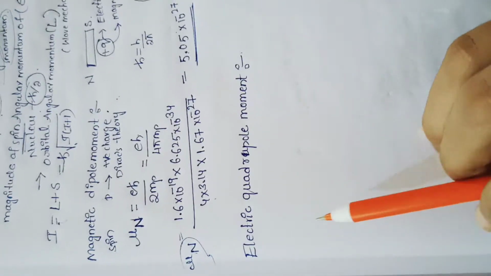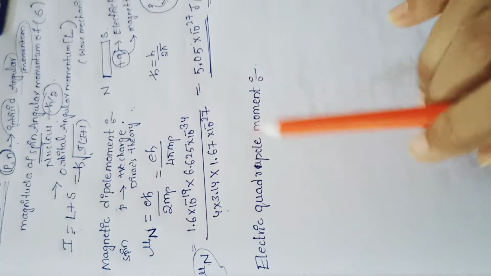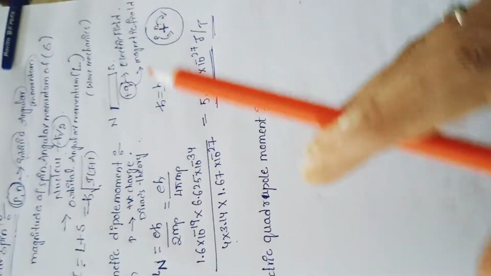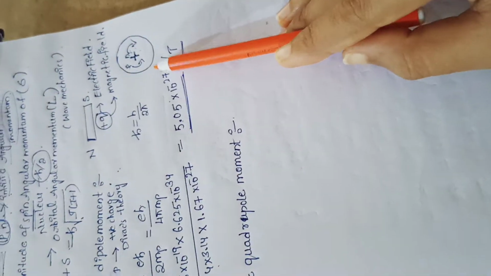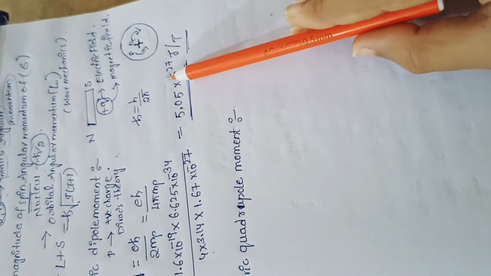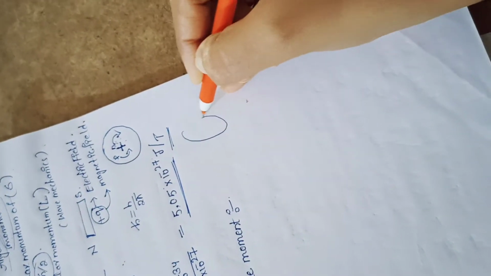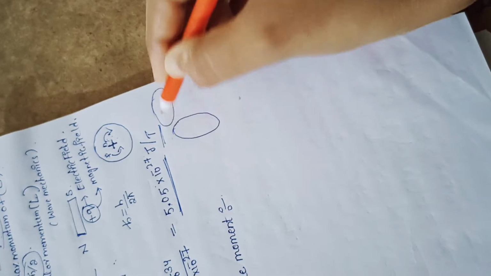Next, coming to the electrical quadrupole moment. What is electrical quadrupole moment? In general, because of the revolution of protons and neutrons inside of the nucleus, the shape of the nucleus is ellipsoid in the revolution. Because of the movement of the protons and neutrons, the shape of the nucleus is like this or like this sometimes.